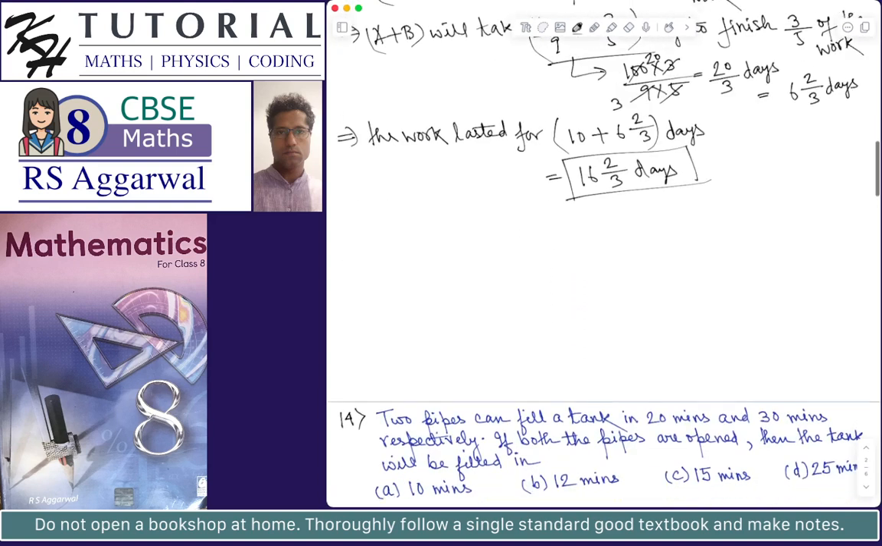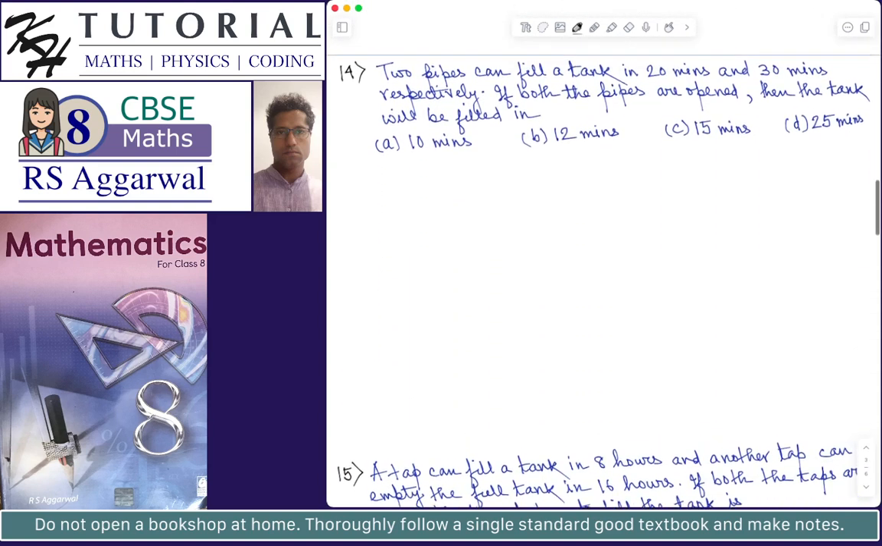Okay, let's do problem number 14. Two pipes can fill a tank in 20 minutes and 30 minutes respectively. So both are inlets. Okay. If both the pipes are opened together, then the tank will be filled in. So this is a straightforward question. We know that work done